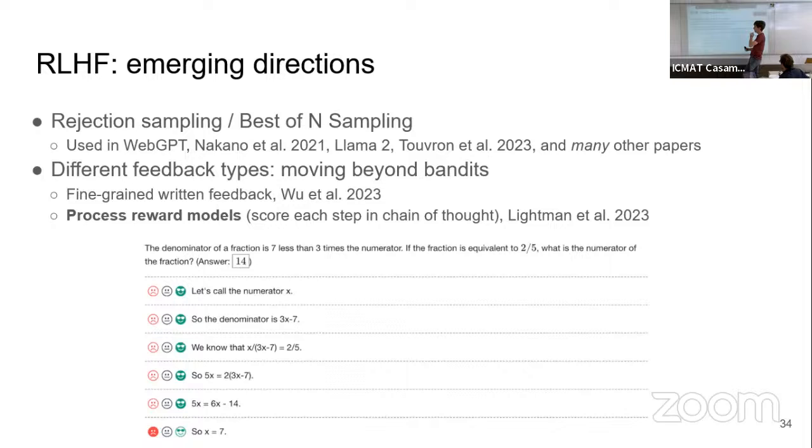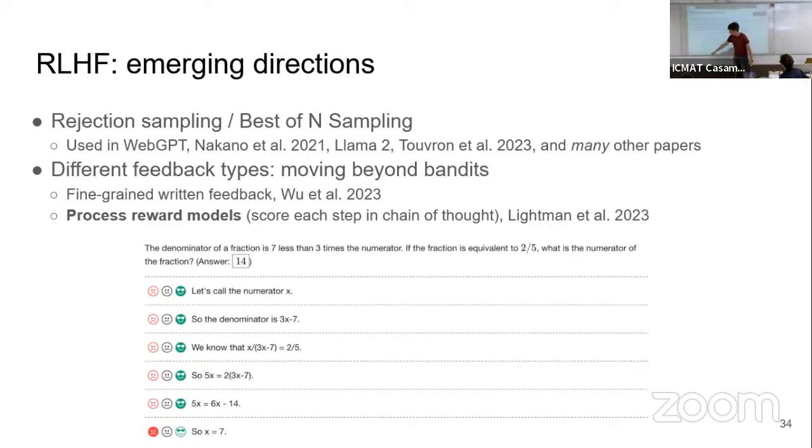There is also a lot of work on changing the feedback. Until now, you have to take into account that for a whole completion we have just one single reward, but a completion is made of different tokens. So if we could score each token, we would have more information. The thing is, evaluating each token, each word in general text generation is hard, but it is being done in structured domains like reasoning. We have a language model in which we want to do some mathematical operation, and the output is structured as the steps of a demonstration. This is a natural domain.